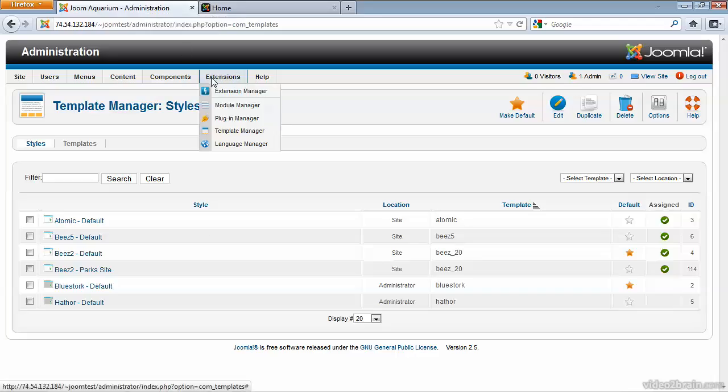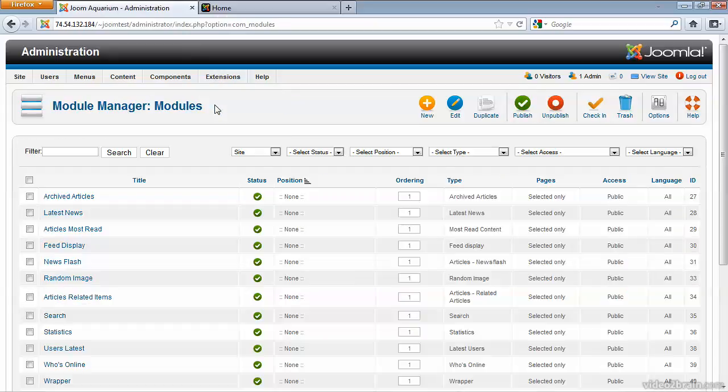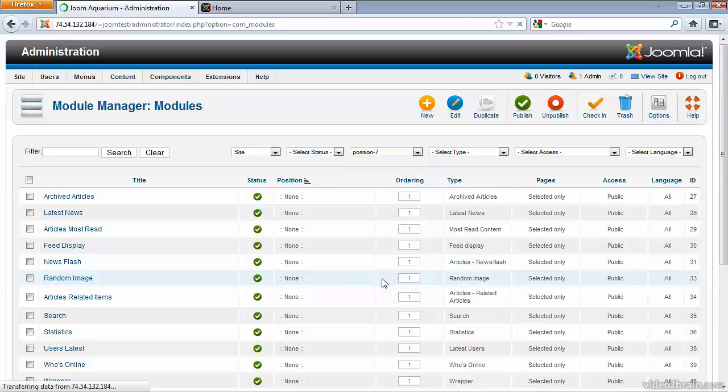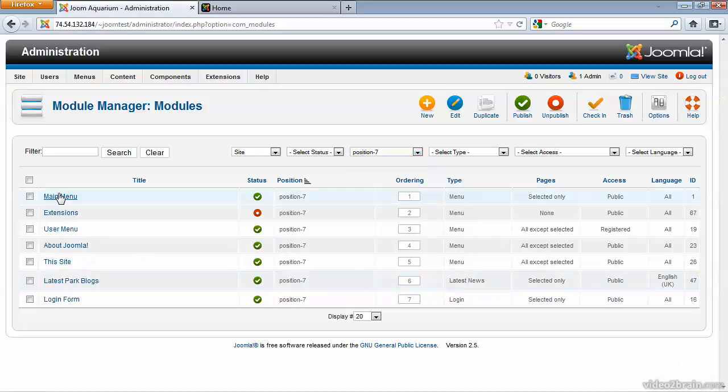If I go to Extensions and Module Manager, in the Module Manager, you will see a lot of different modules. I highly recommend that you use either the filtering tools or drop down the Select by Position so you can find the modules that you're looking for. For right now, what I'd like to do is resequence the modules that are on the left side of the page, which are in position 7. So if I change the select position to position 7,